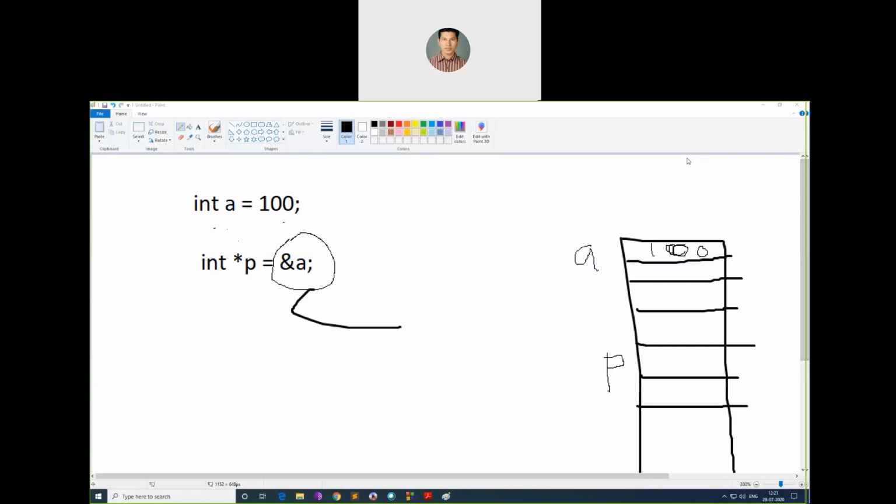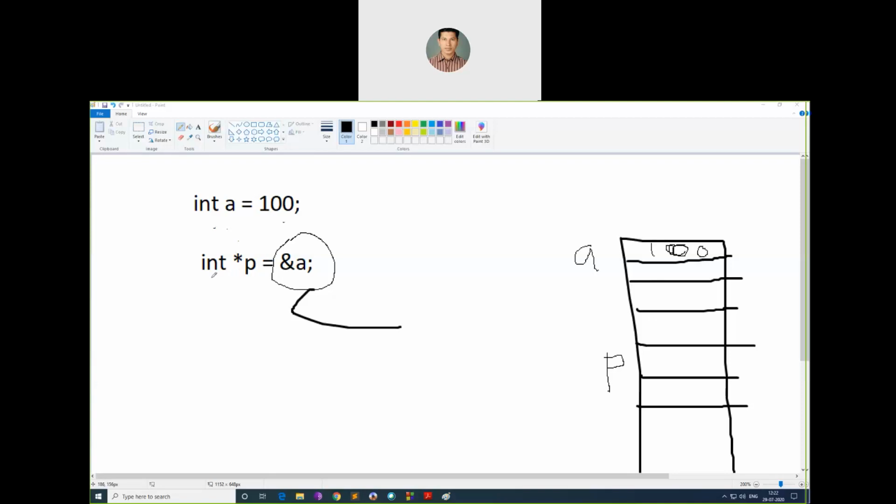When I write int a = 100, a is a variable on the left-hand side. How do we define a variable? int a. You can use any variable name, but it should consist only of alphabets, numerics and underscore, and it should always start with an alphabet or underscore. So a is declared inside the memory, and the value 100 is assigned to it. We will not go deep into how it is stored, because 100 is an integer. It might take 4 bytes, but I'll assume it's a single location.